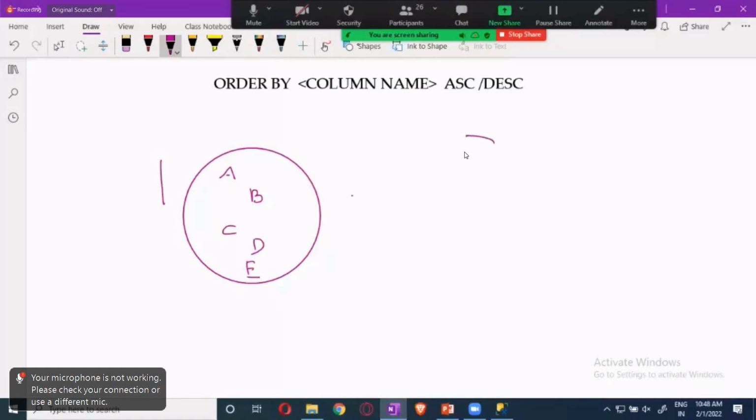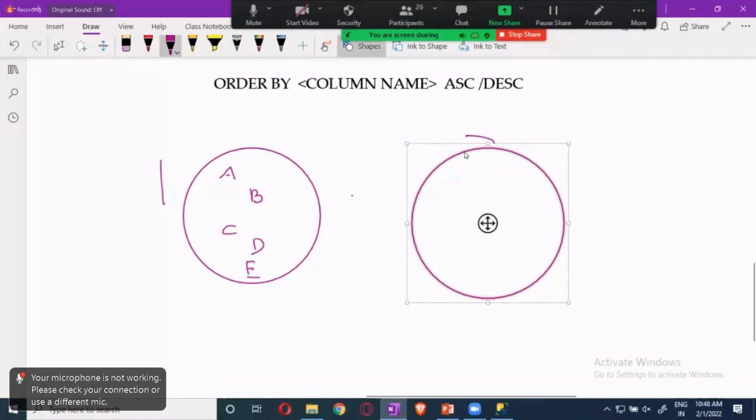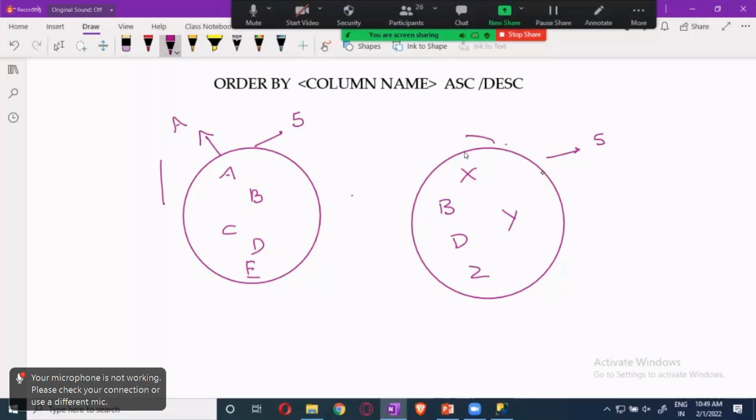In this other one, I'm having X, Y, and Z, and the common ones are B and D. So how many employees are there in this? 5 are there. In this? 5 are there. Okay. Now, this is table A, and this is table B.